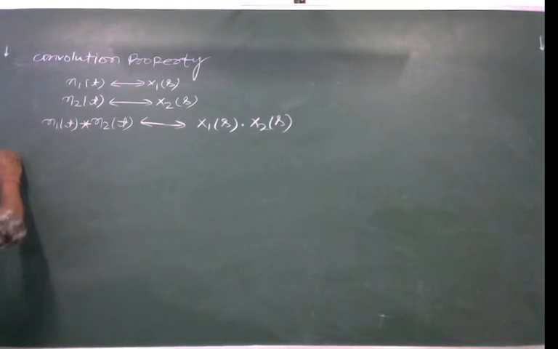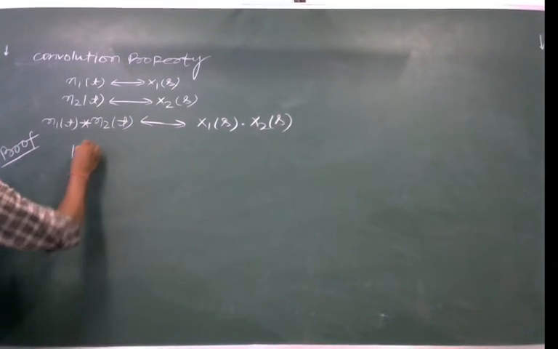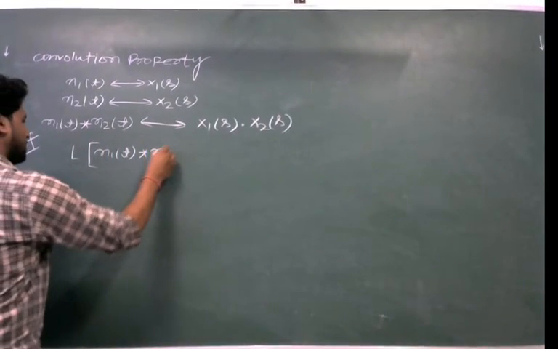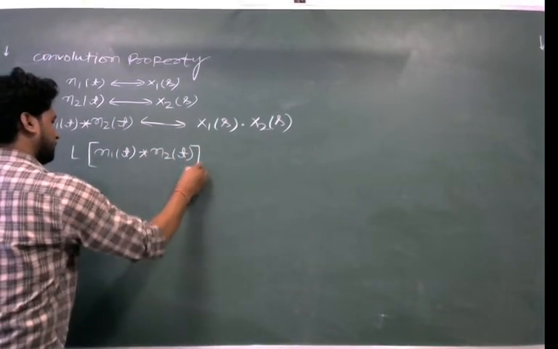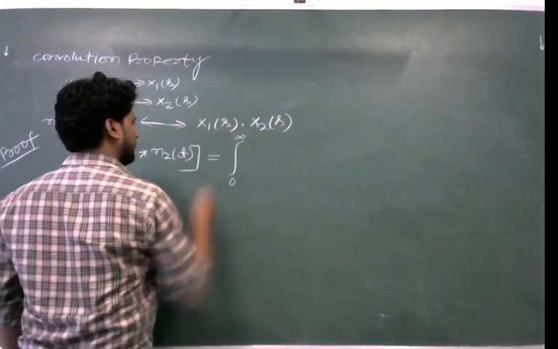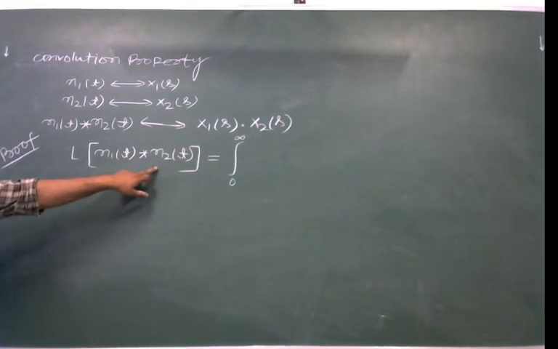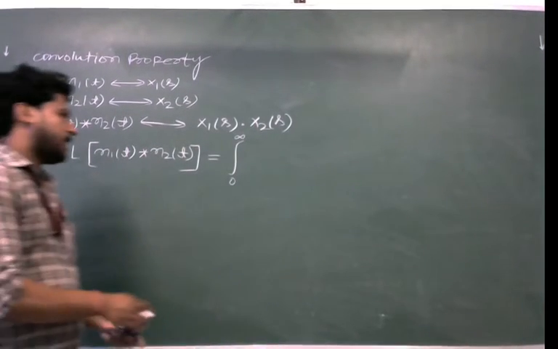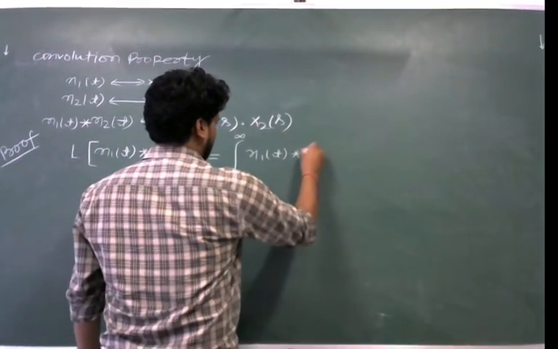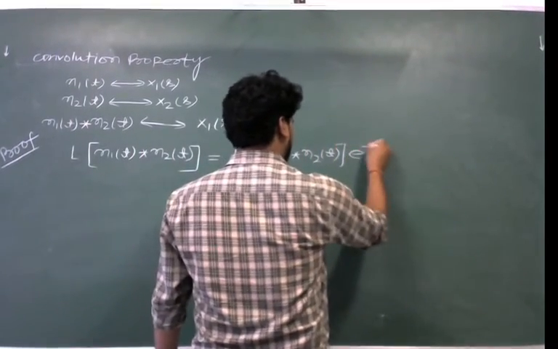So for the proof, we know that the Laplace transform of x1(t) convolution with x2(t) will be equal to the integration from 0 to infinity. I will consider these signals x1(t) and x2(t) as causal signals. So this will be equal to x1(t) convolution with x2(t) into e power minus st,